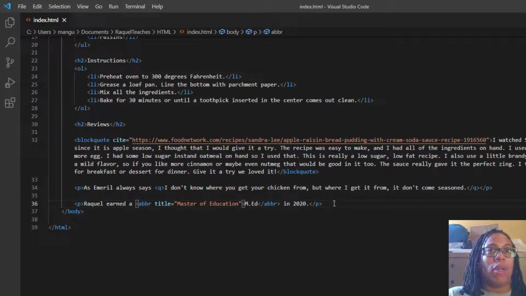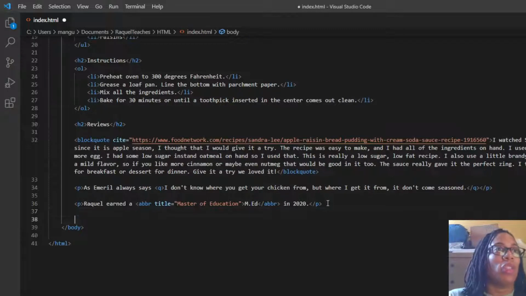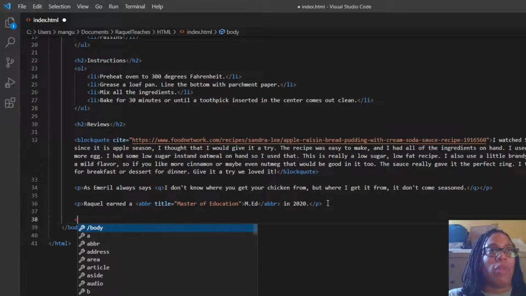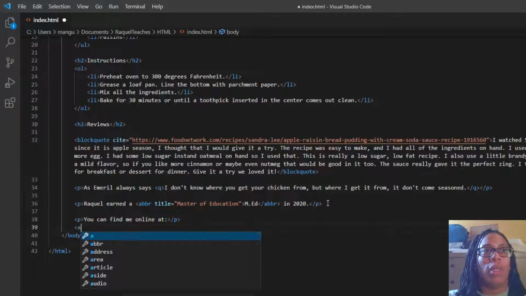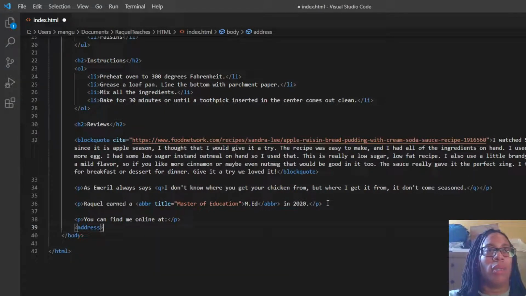And in here, I'm just going to go underneath this abbreviation sample. And I'm going to create another paragraph first. It's going to say this. And then I'm going to put the address tag. Oops, did not put the correct one. So it's the opening and closing tag, and I'm just going to put